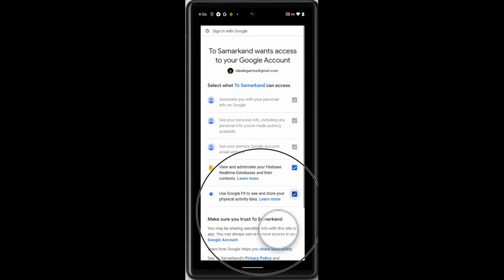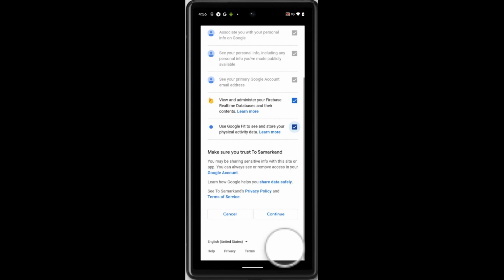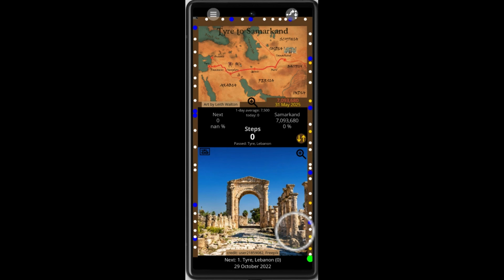So click that yes, and then you have to scroll down here and say continue. Again, make sure you trust this, and all of that is for the pre-released version of the app. So continue. And now it's going to go through and fetch your steps. And it may take a while to do that. It has to go and read the daily step count and integrate them into the app